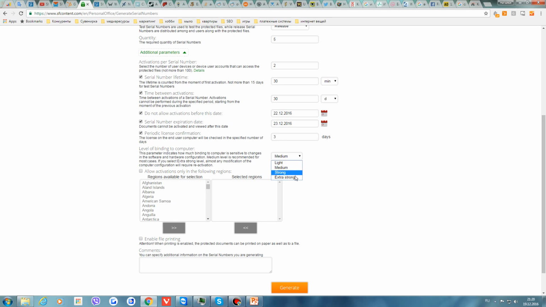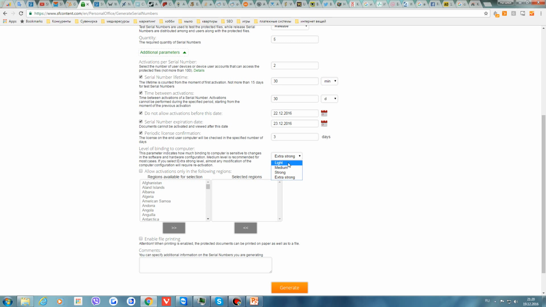So if you select extra strong, it means that nothing can be changed in the user's computer. So strong, some little changes, medium, very comfortable use, and light, we do not recommend to select light.